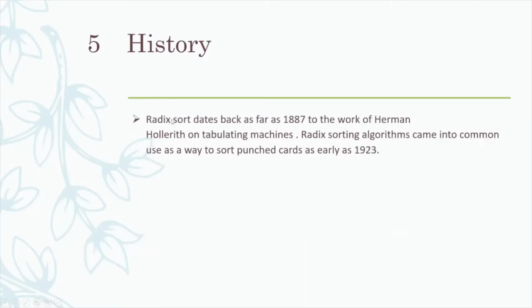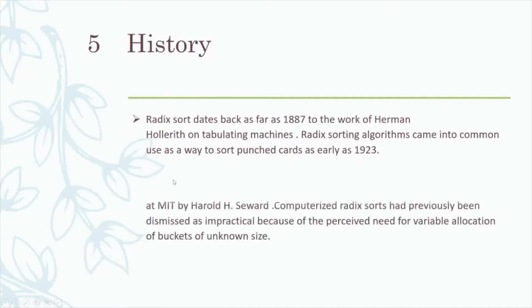History of Radix sort. Radix sort dates back as far as 1887 to the work of Hermann Hollerith on the tabulating machine. Radix sort algorithm came into common use as a way to sort punch cards as early as 1923. The first memory-efficient computer algorithm was developed in 1994 by MIT. Computerized Radix sort had previously been dismissed as impractical because of the perceived need for variable allocation of buckets of